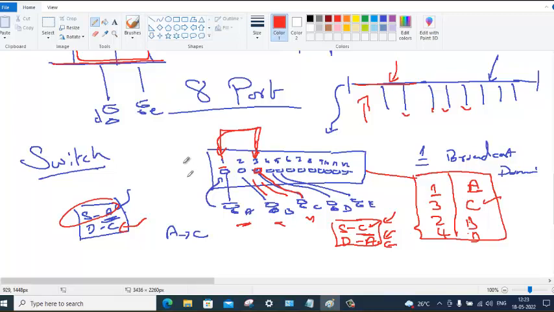What is next? We have learned about switch behavior. Switch learns MAC address from the incoming frame's source address. Switch knows the destination by learning the MAC address. As a result, it need not flood always. It need not broadcast always. Broadcast is done only if the destination is not known.